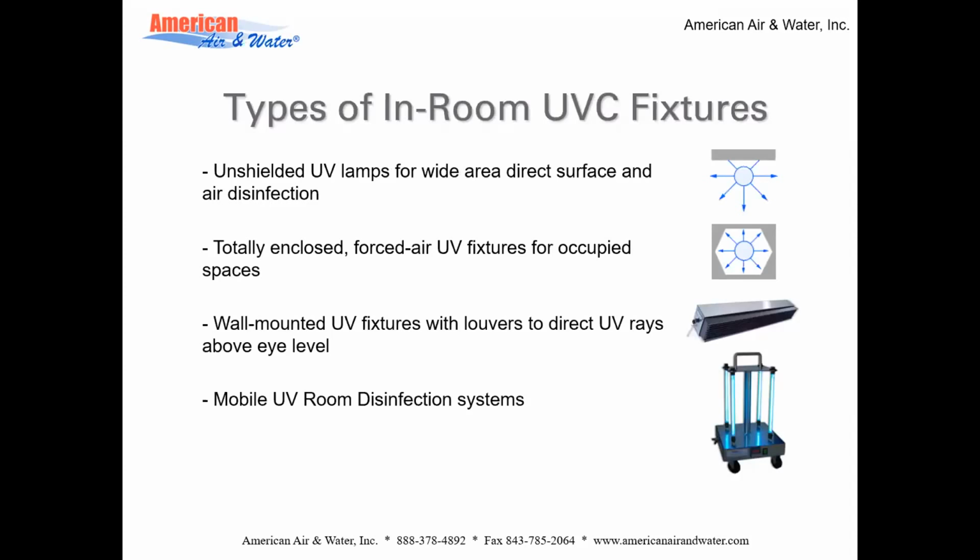And here are different types of in-room UV fixtures. These include direct UV lights for wide area, direct surface and air disinfection, totally enclosed UV lamps with fans to force air circulation through the UV chamber, wall-mounted UV fixtures with louvers for upper air disinfection, and a type of system which originally were developed only for hospitals and laboratories, but are becoming more popular